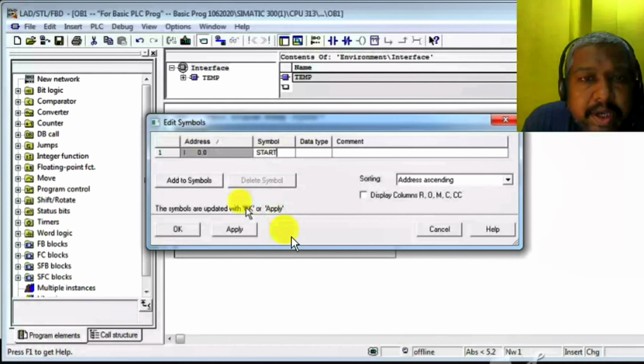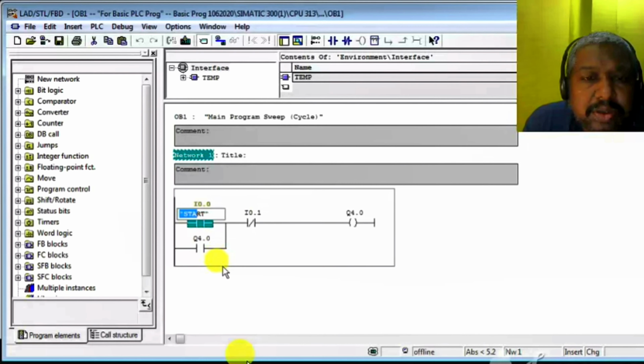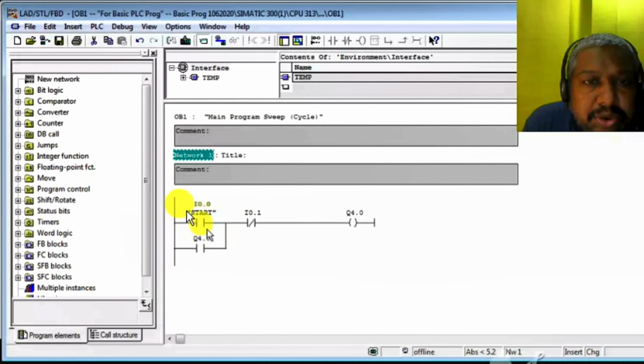So we write start, and the address is I 0.0, and the symbolic name is start. Data type is boolean. Boolean is either 0 or 1. So edit start, okay, apply and close. Look at guys, this shows that I 0.0 symbolically represents start.